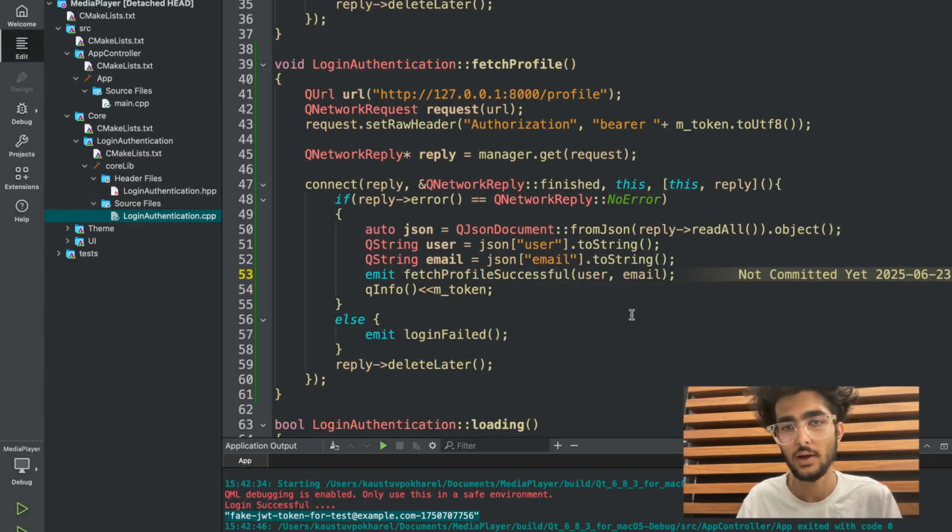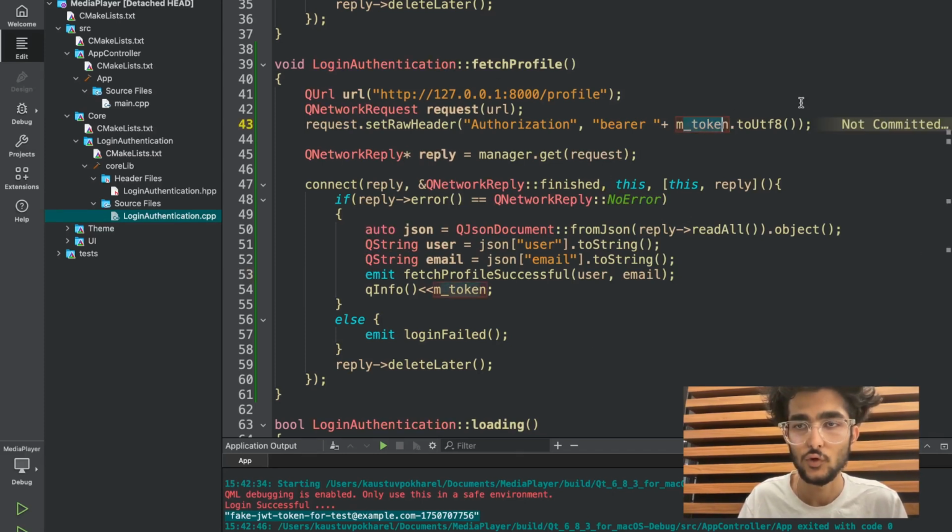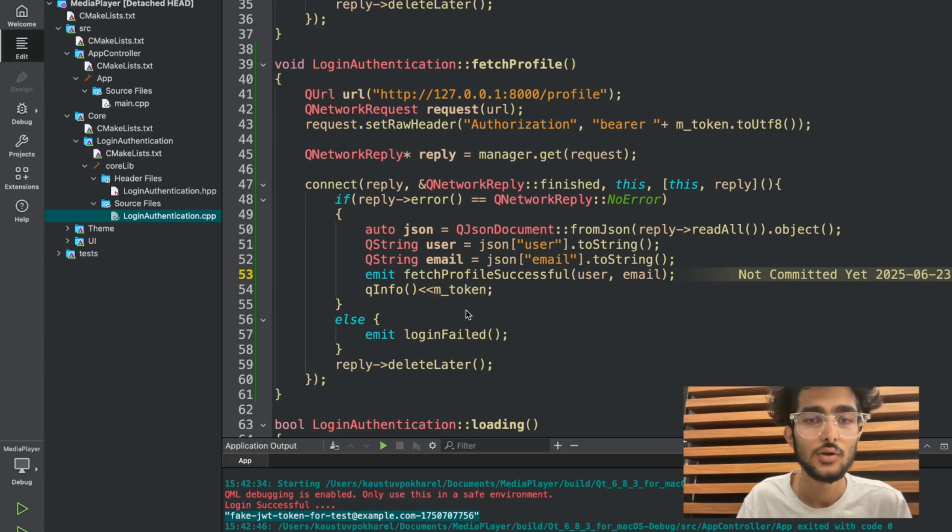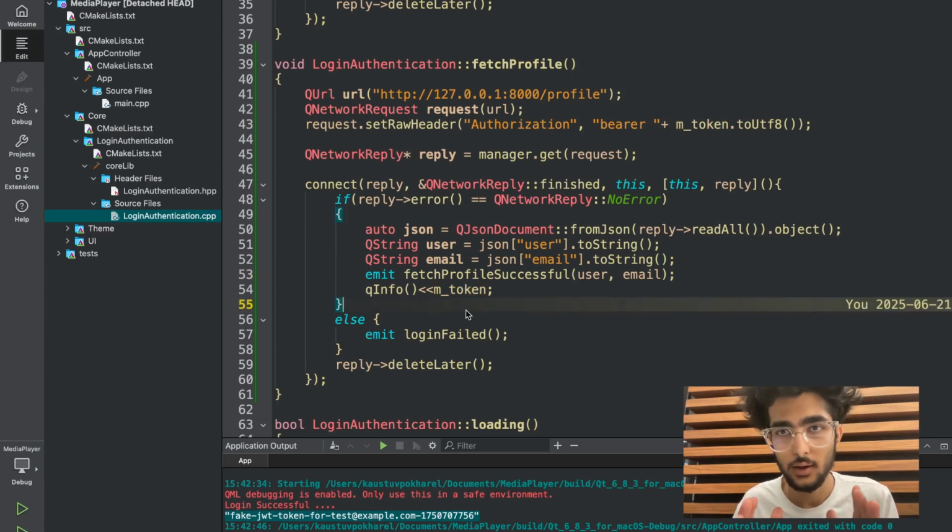Now we should have successfully fetched the user and email. That means that we have successfully fetched the profile of the user with the help of this token without needing to log in. So yeah, we need login to authenticate. After getting authenticated, we get this token. Okay,